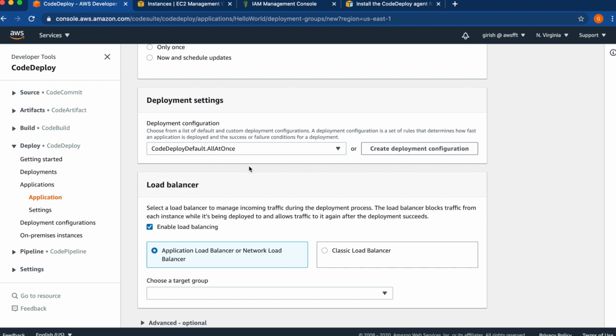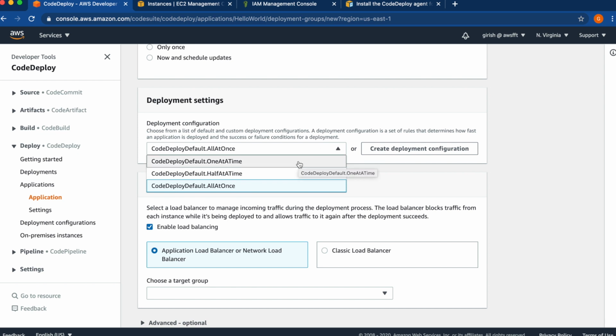So deployment is default all at once. There are options besides all at once. If you have 10 servers, do you want to deploy on every server, or do one at a time? Once one is successful, do it on the second server, or just do 50% first and then the next half later.